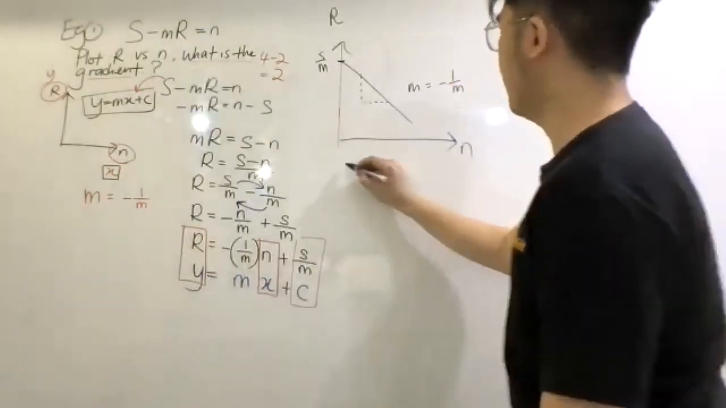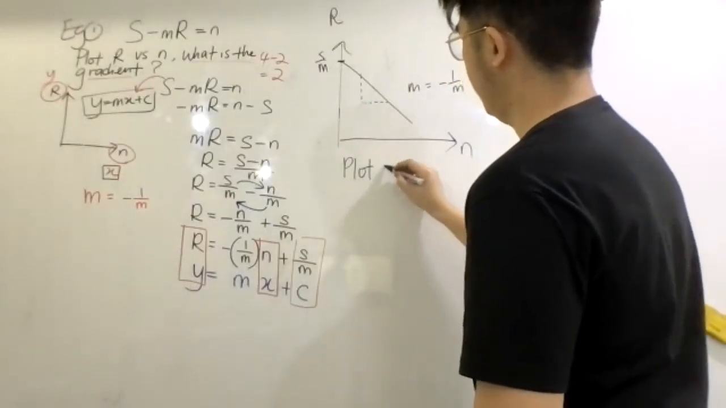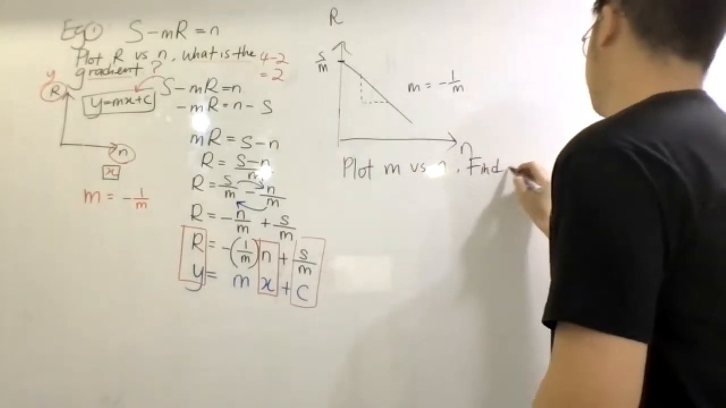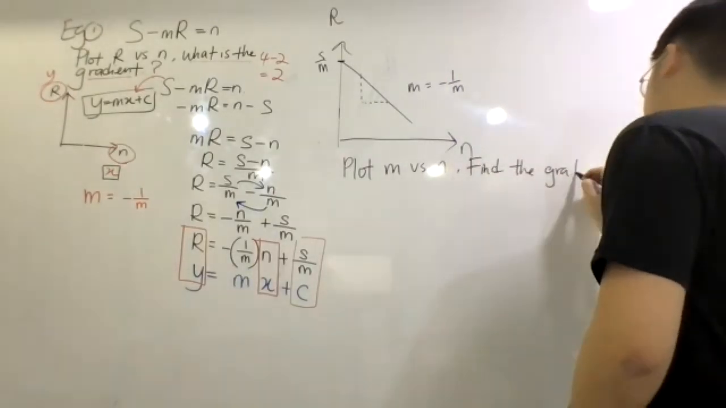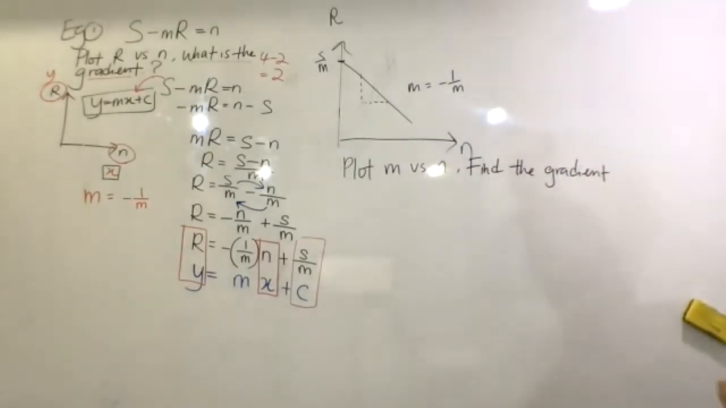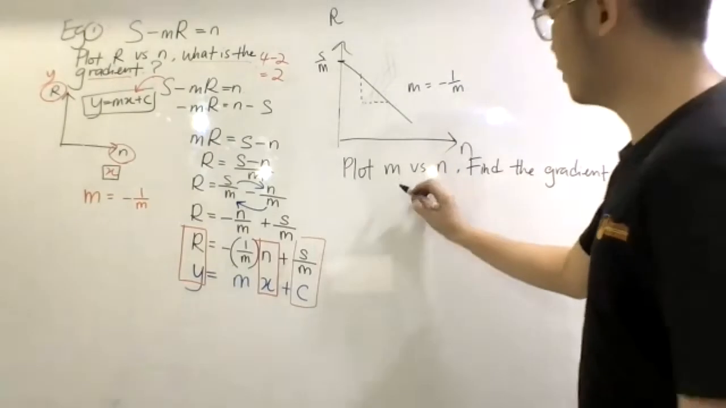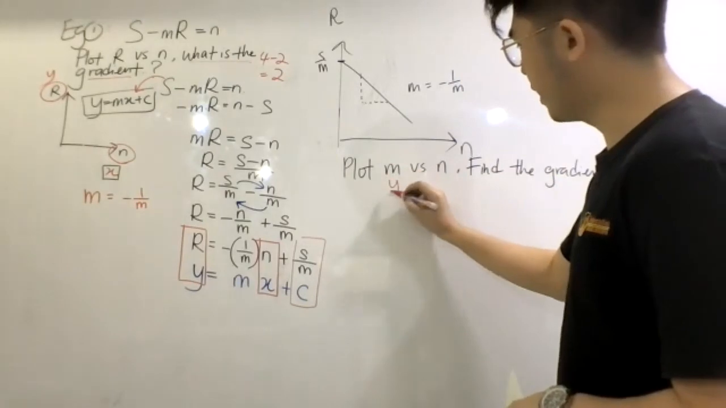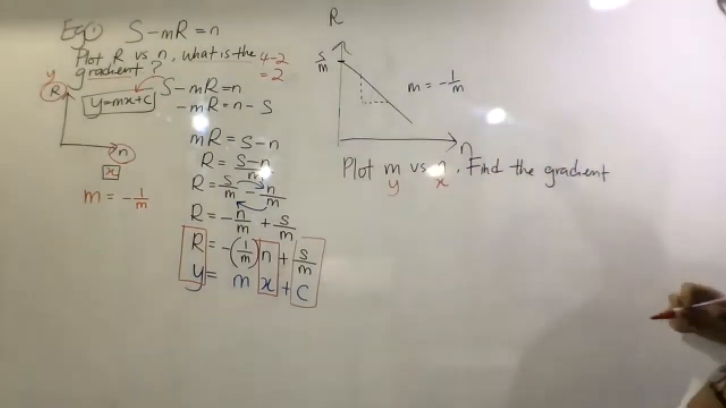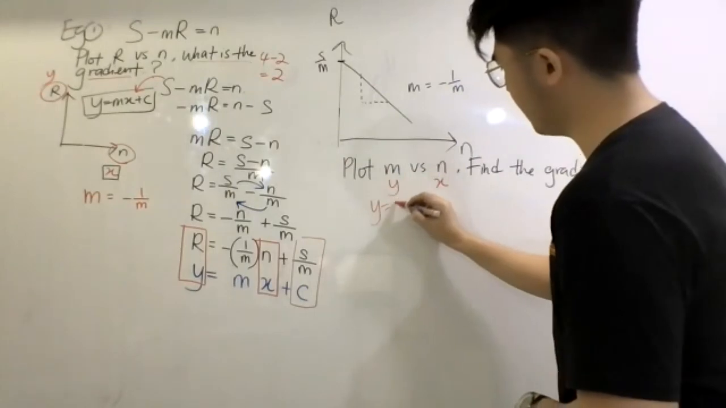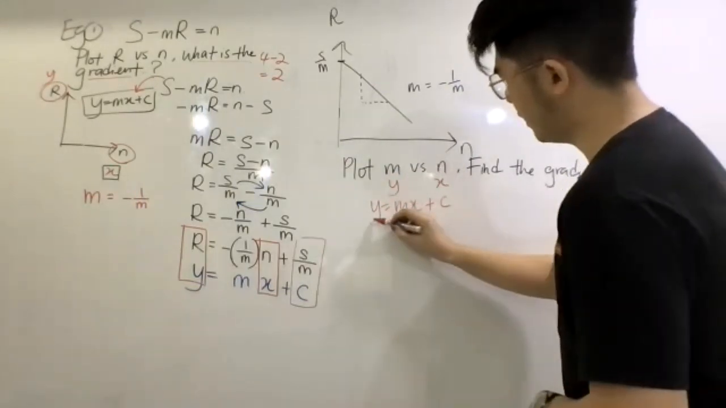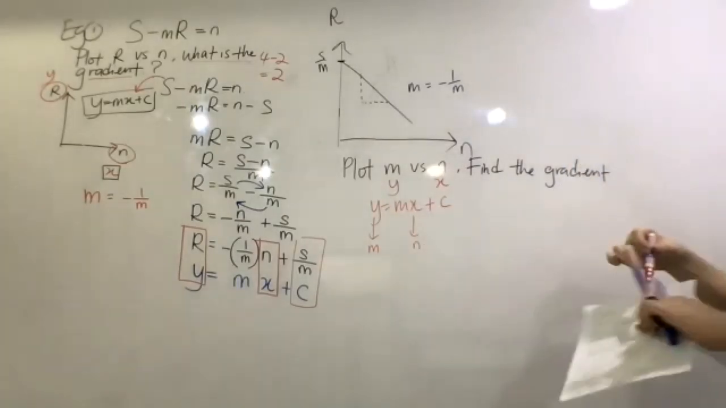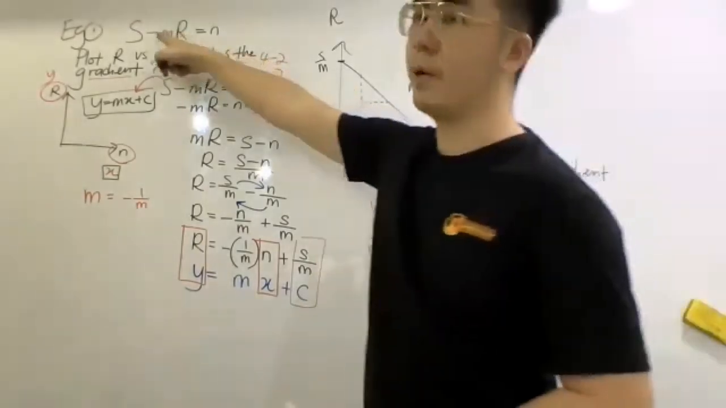Okay, now let's say what? We'll plot m versus n, find the gradient. M versus n，就说现在是我的 y axis 跟 x axis 变了，这个是我的 y，这个是我的 x。所以当我弄去 y 等于 mx 加 c 的时候，我这个一定要是 m，我这个 x 要 n。